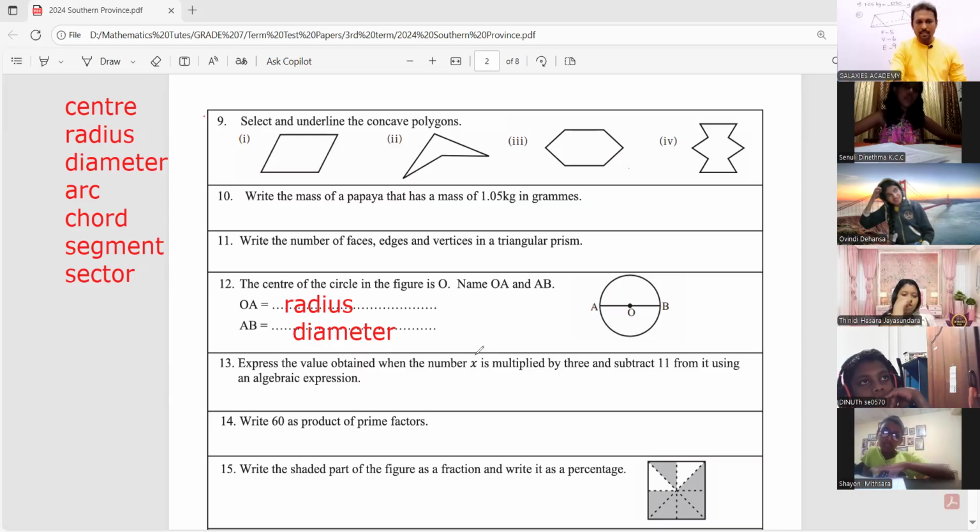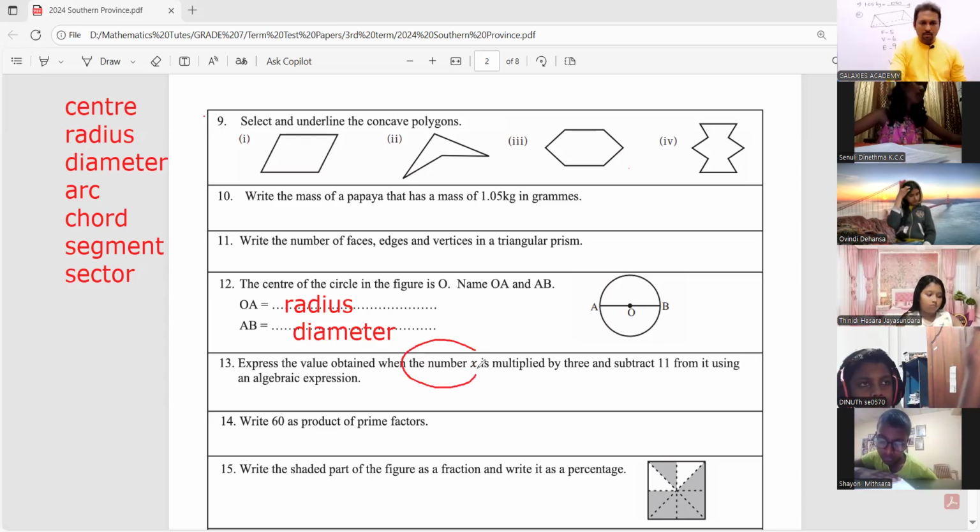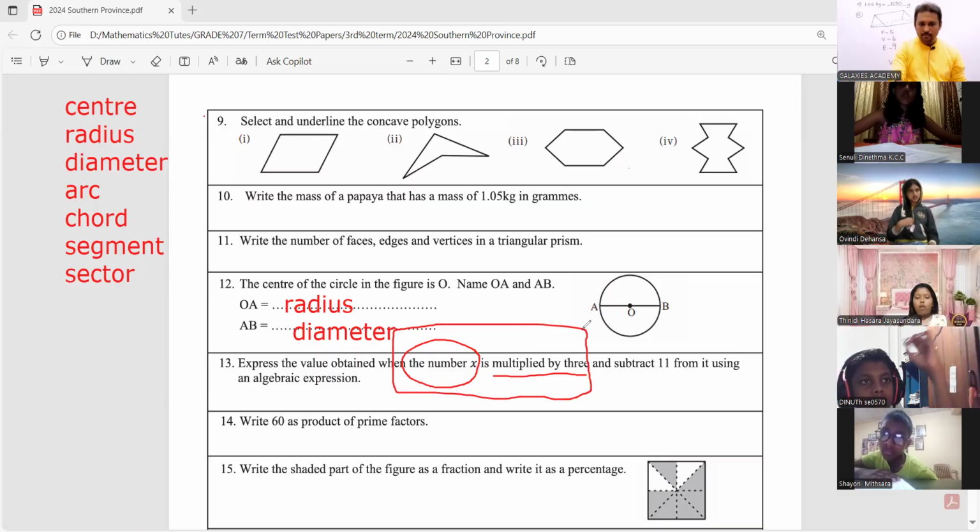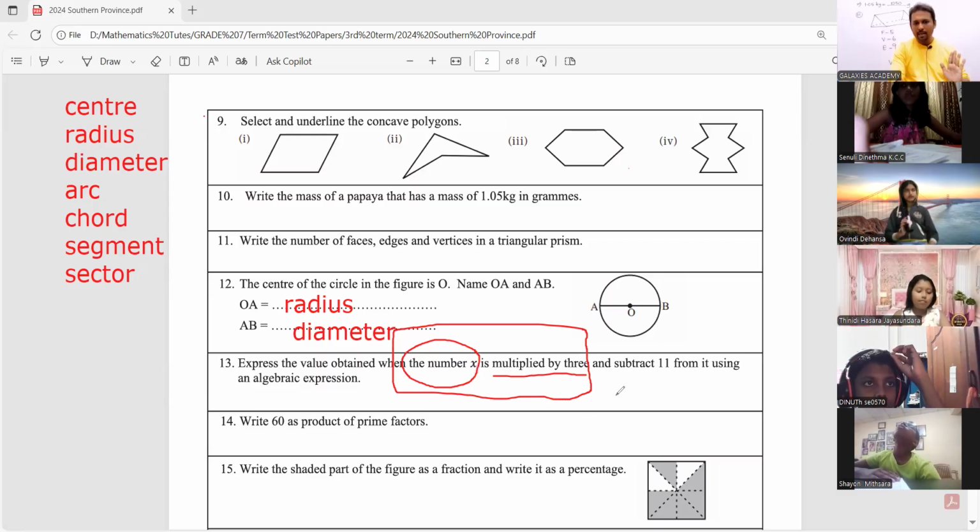This number, you have to multiply it by 3, right? Can you tell me how you can write this part? X, you have to multiply it by 3. We can write that as